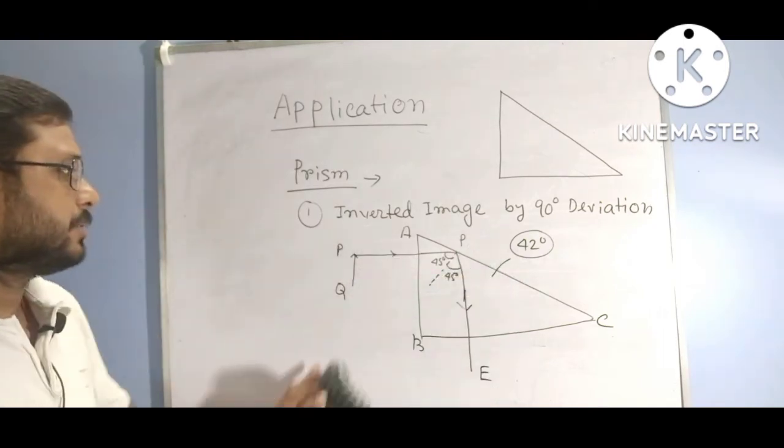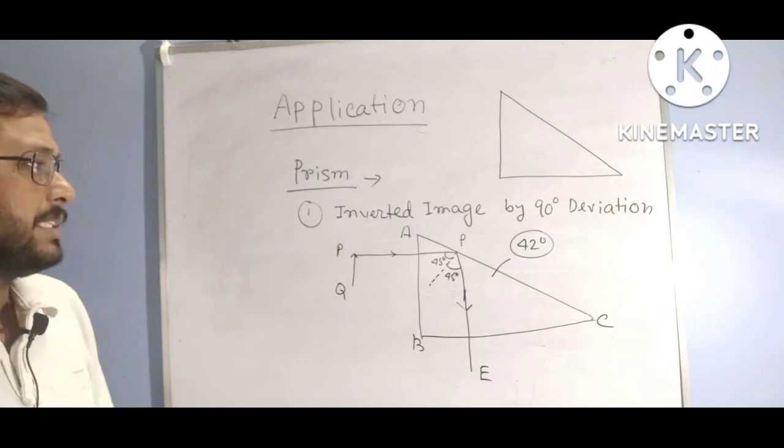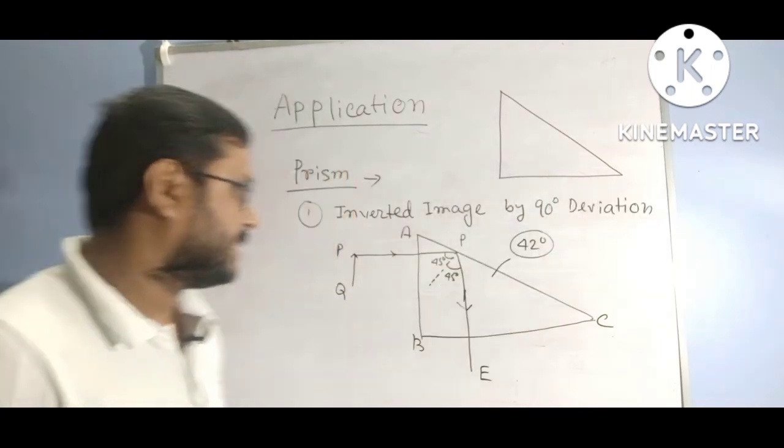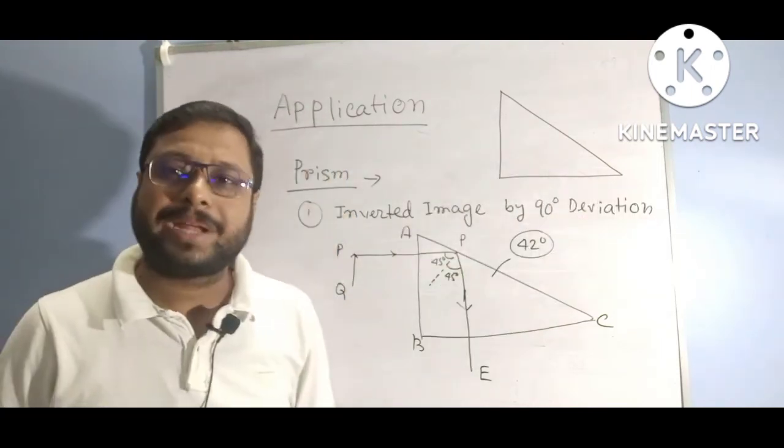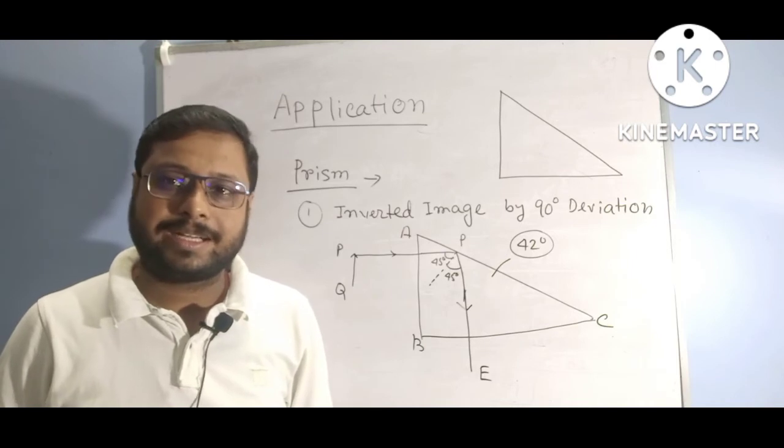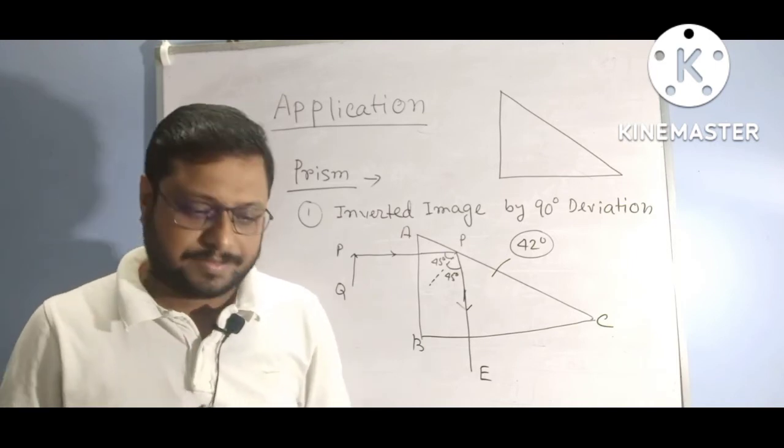So in this case we can see the image by 90-degree deviation, in which case this is seen in periscope. In earlier days the warriors